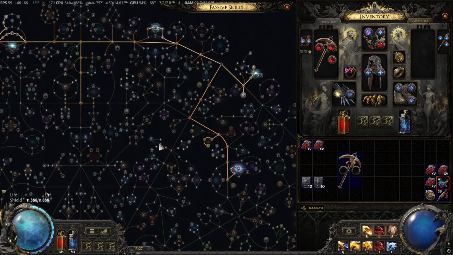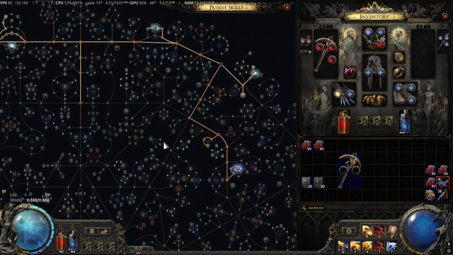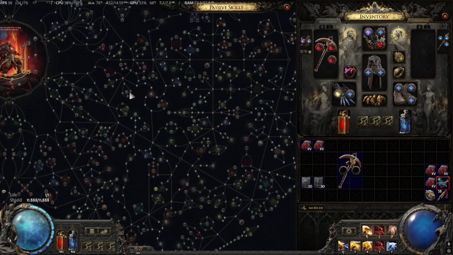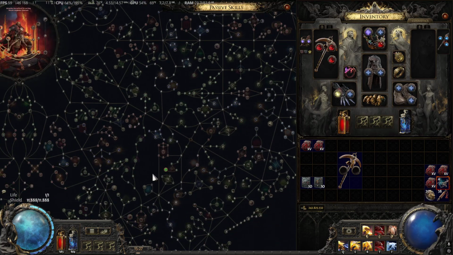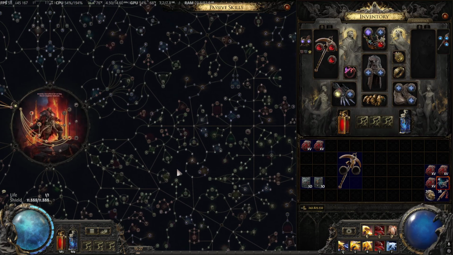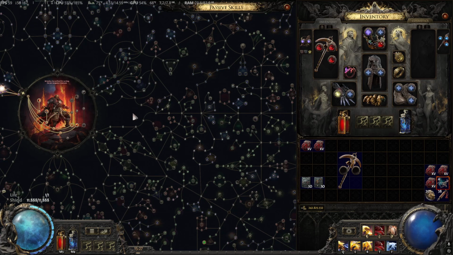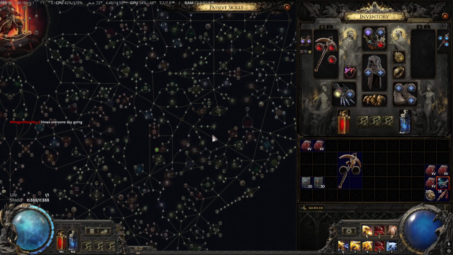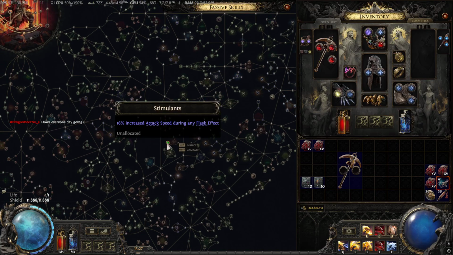I hope you could learn something from it, like scaling defenses, scaling attack through stimulants. There's more nodes than just stimulants. Where is it? There you are. Imbibe power here: 25% increased damage during anti-flask effect and 6% increased attack speed during anti-flask effect. Really strong. You know, just able to get that and stimulants here